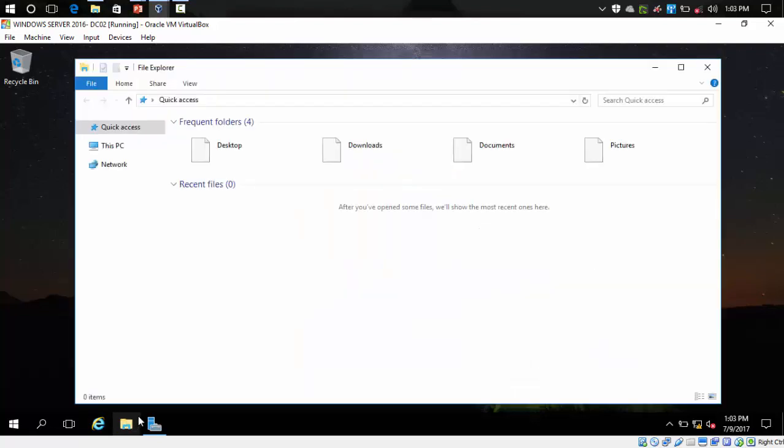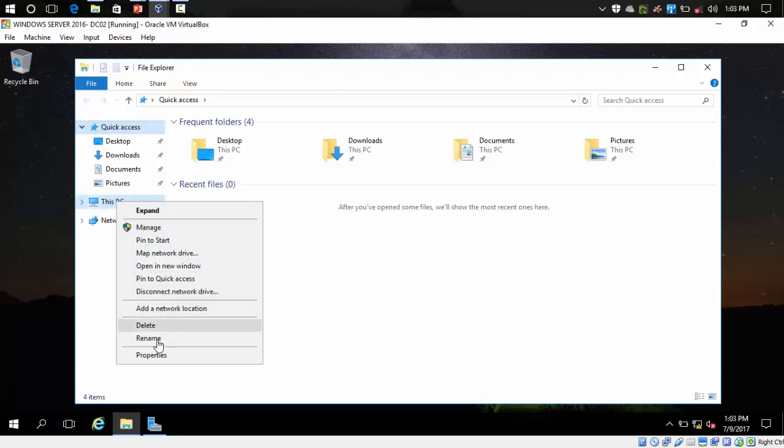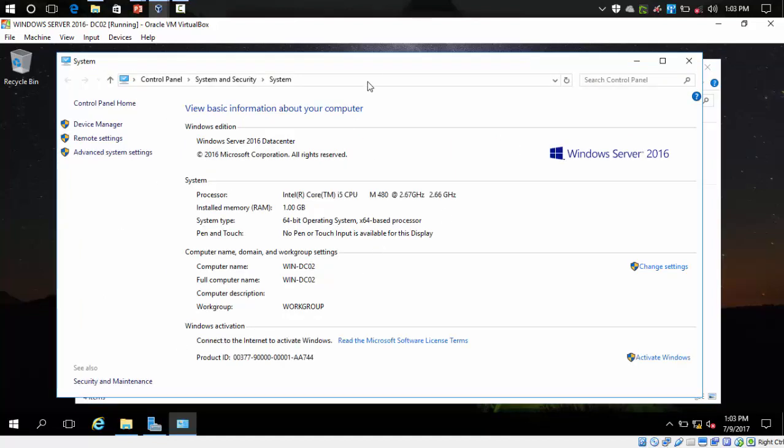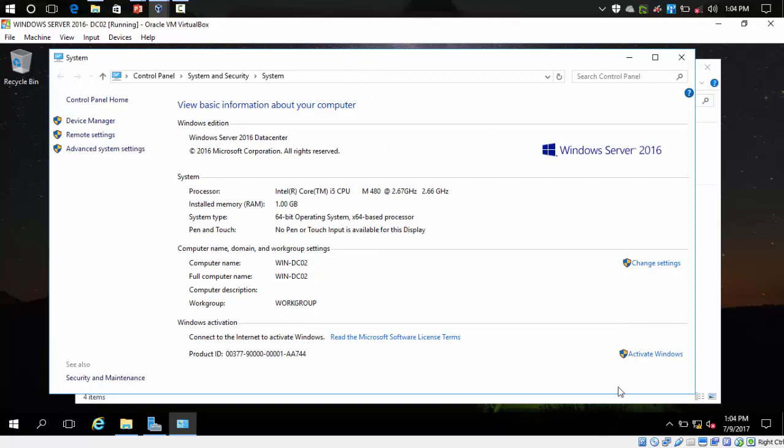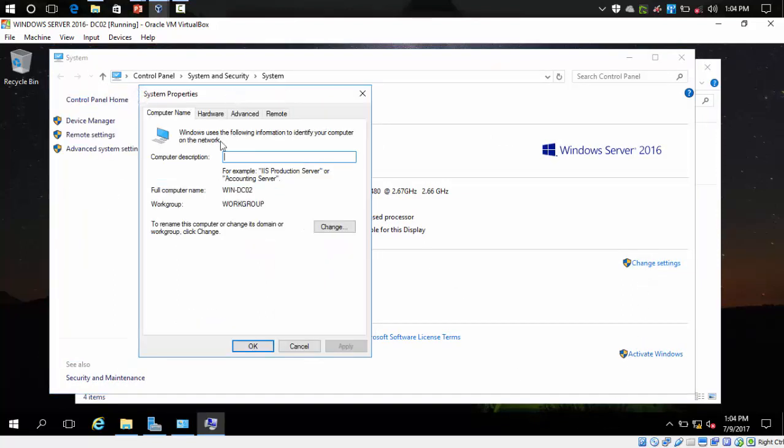Click on any folder, Explorer. I click on This PC, Properties, System Properties is here. Click Change settings, and here we are going to